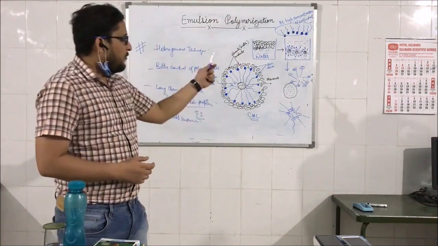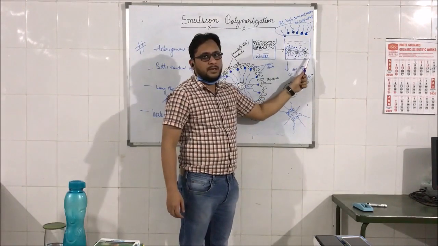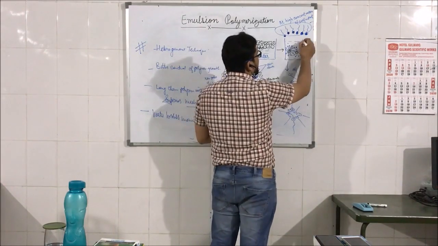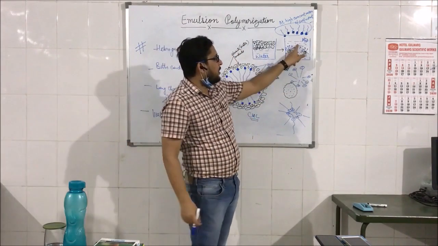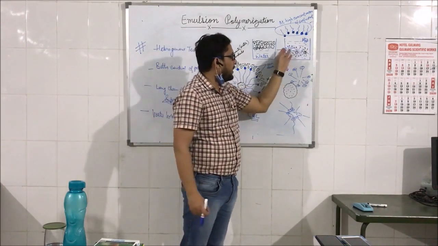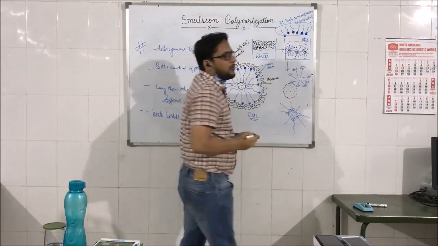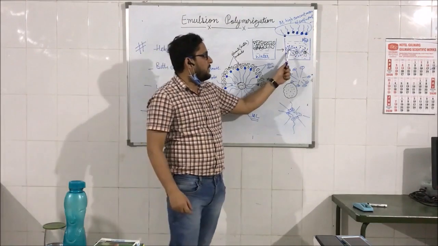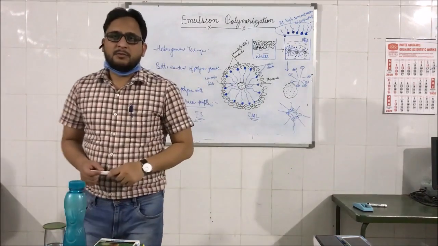When this occurs in the case of an emulsion polymerization reaction, we get this type of arrangement. All these surfactant molecules, because here the solvent is polar. Why? Because water is the solvent, which is polar. So because of the polar solvent, these micelles will have their polar head towards the solvent while the non-polar chain diffuses inside, and within this the monomer droplets will be present, because monomer droplets are non-polar, hydrophobic, so they remain towards the hydrophobic end. So this type of arrangement will be formed in emulsion polymerization.